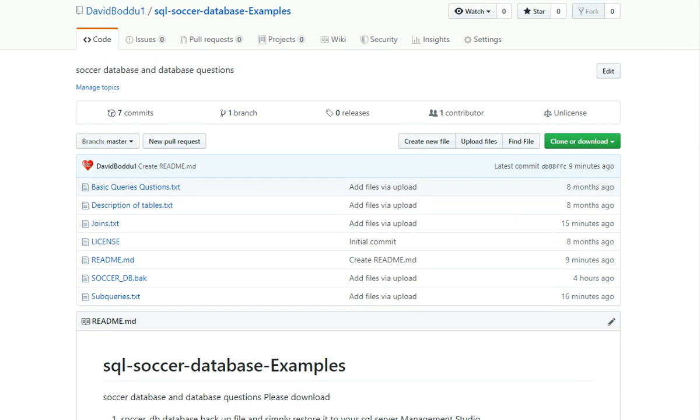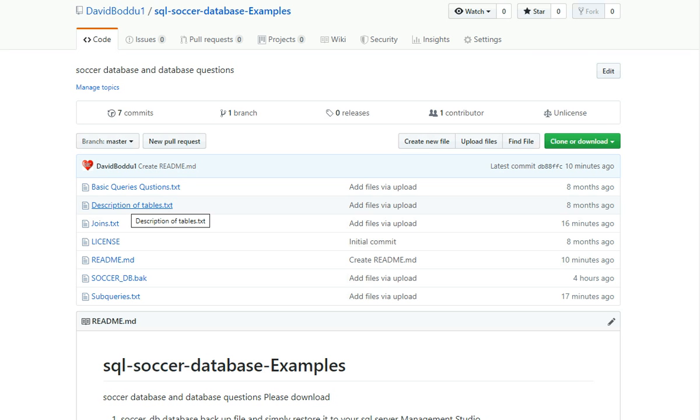When you come to this page, first of all you have to download the soccer_db.bak file. This is the database backup file which you are going to need to do the queries, and you need the description of tables